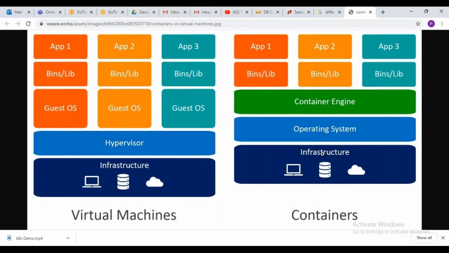And this is the container. Here, the infrastructure means hardware. On top of it, you install the hypervisor and create the guest operating systems, 3 virtual machines. When you create a virtual machine, you take the ISO image, and that ISO image is completely loaded, maybe 1 GB or 2 GB of image content installed inside this machine.